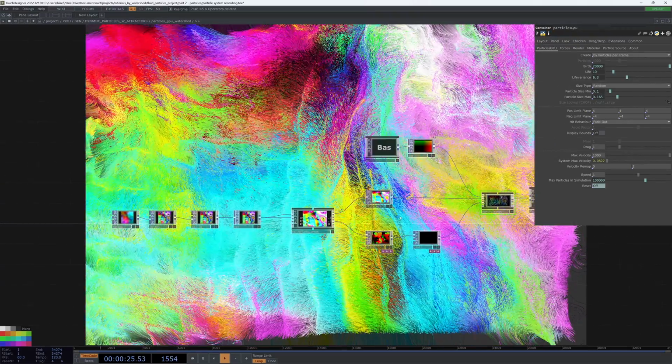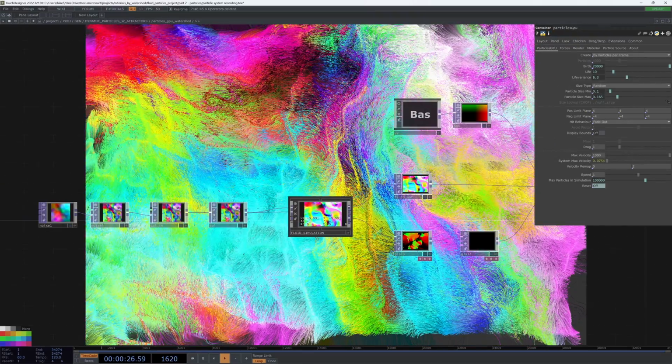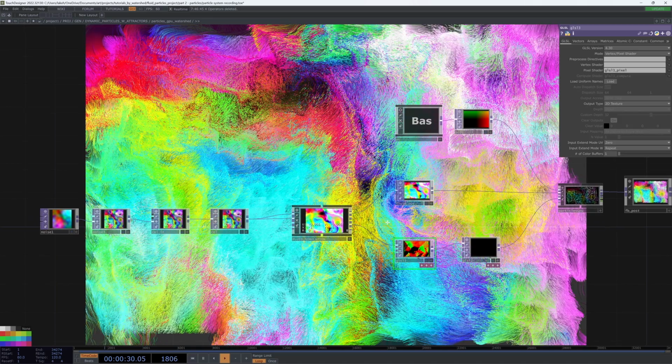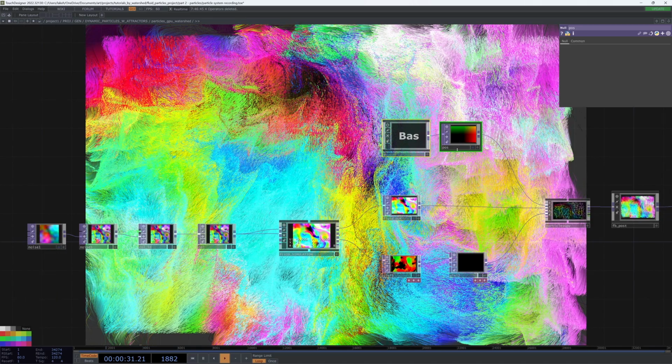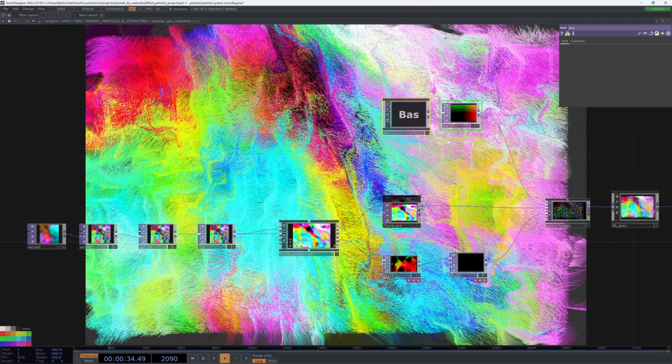With that said, we're really only using the fluid sim for our color and for our velocity, so